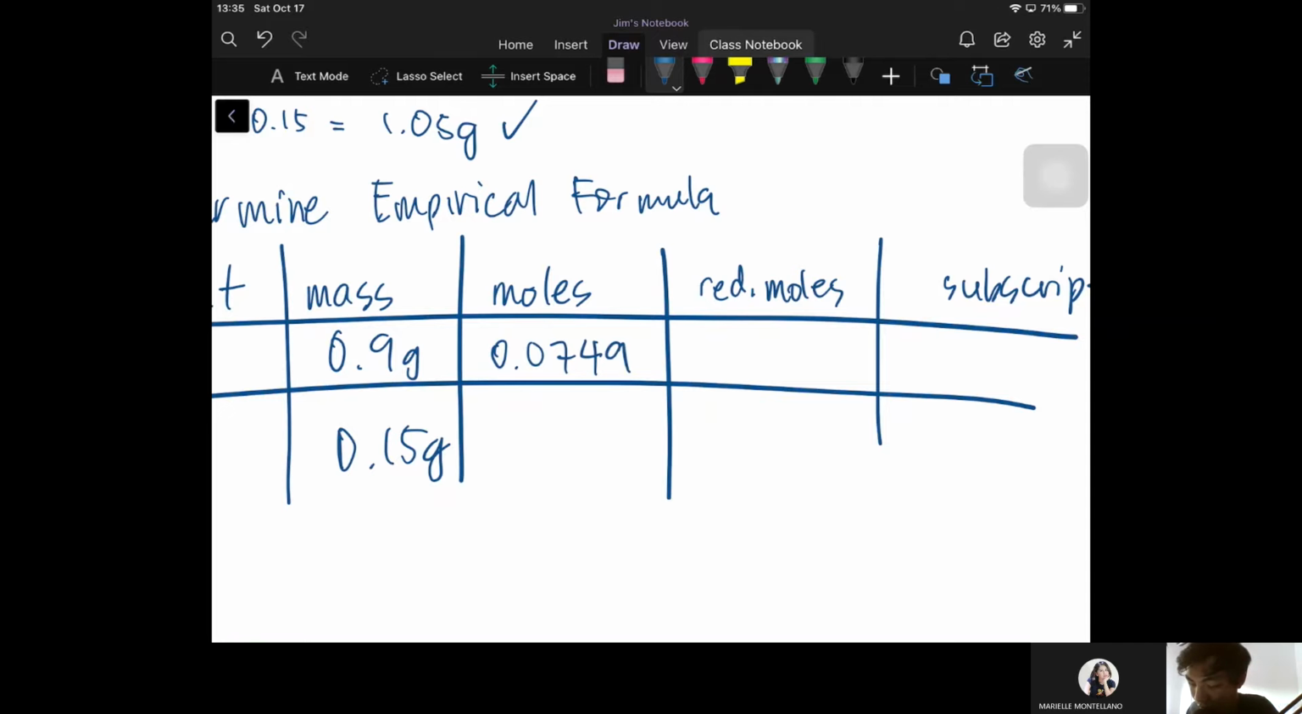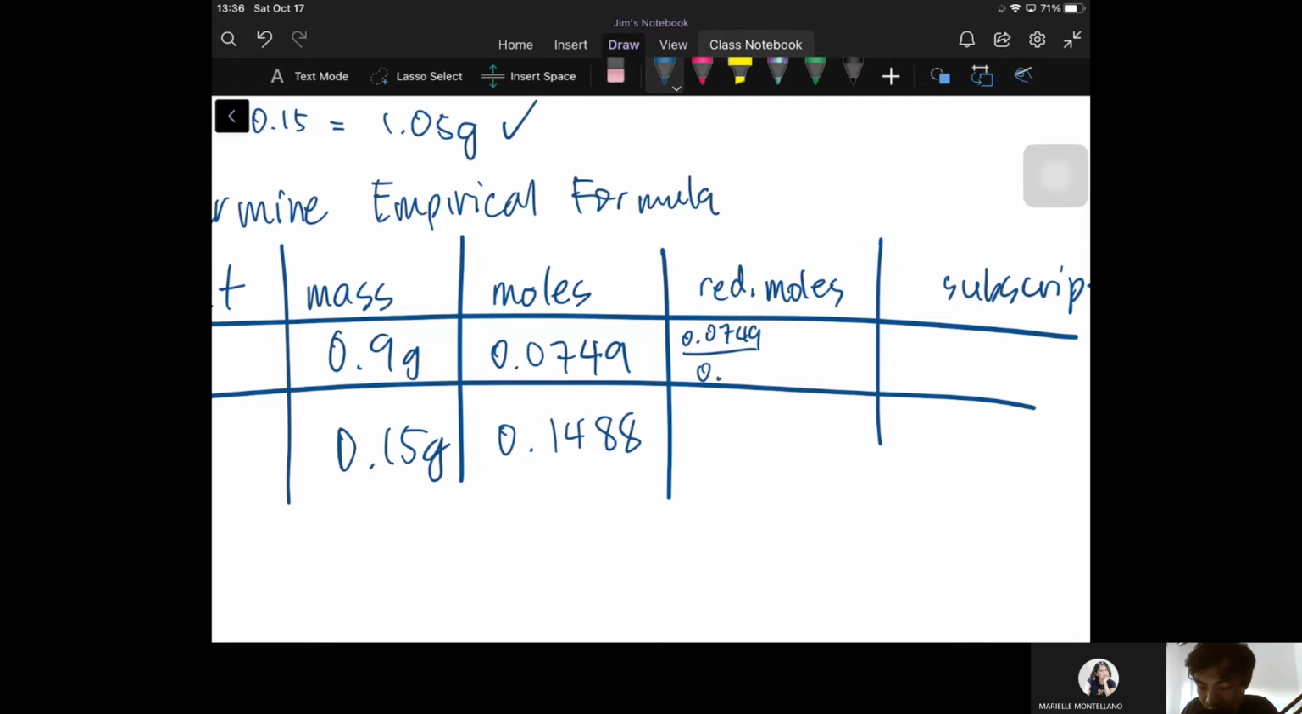So for hydrogen, ang moles niyan ay 0.1488. Okay, so paano ginagawa yung reduced moles uli? So just look dito sa dalawang mole kung sino yung smallest number, which is this one. So you have to divide your moles with the smallest number. So divide natin to by the smallest number. So that means